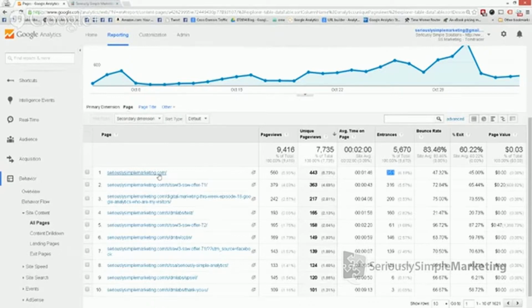Now, this doesn't mean that half the people came in and then left right away. It could just mean that they checked out a few blog posts, then they went back to the homepage and they left on that homepage. So that's the difference between an exit and a bounce rate. A bounce rate would be they came into the page and then they left. They did not take any other action. An exit is just the last page, but it doesn't necessarily mean that they couldn't have seen 14 pages before that. It just happens to be that was the last one.